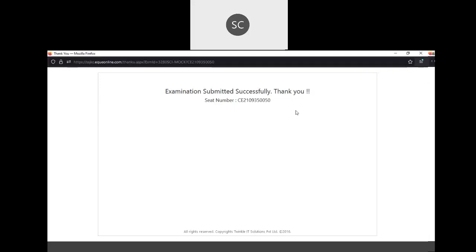Now, the few things which you need to keep in mind is you should have a proper internet connection when you are giving the unit test. So please select a spot in your home, in your place where there is maximum internet coverage. It is suggested you use Wi-Fi. If you don't have Wi-Fi, it is okay. You can use mobile data, but please keep it recharged, because this exam will run only for 30 minutes. If you face any connectivity issues during that 30 minutes, we cannot repeat it again. So all have to follow the time restrictions very compulsorily.